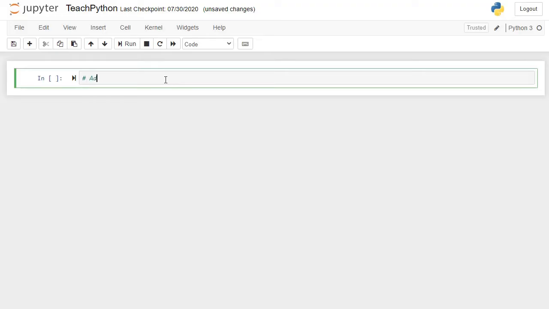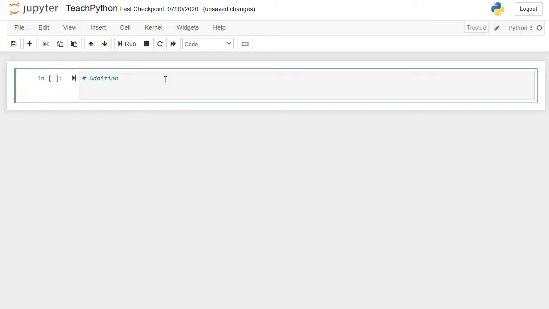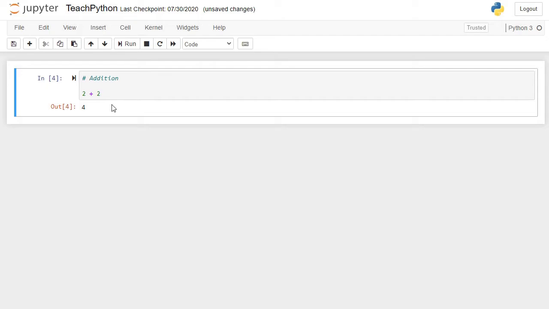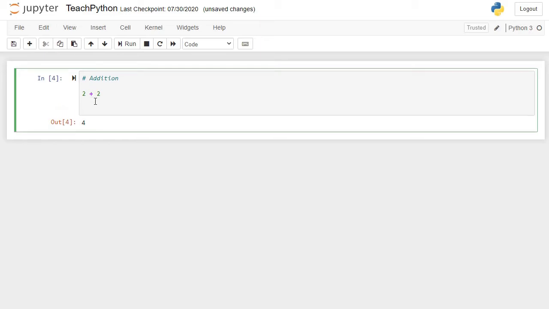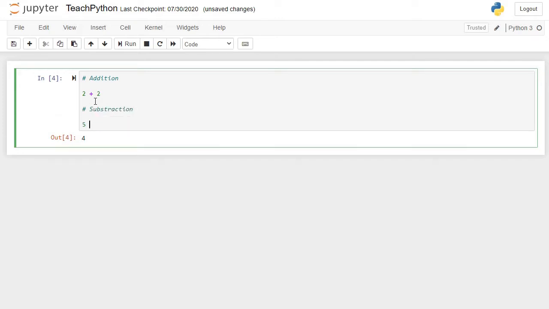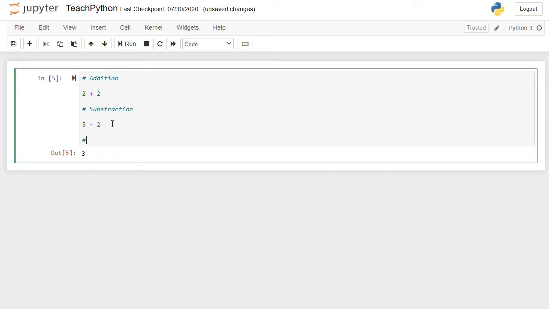Okay guys, so first we are going to start with addition in Python. How we will add two numbers: 2 plus 2, and you can see the output is 4. So this is simple addition in Python. Now let's start with the next. For the subtraction, let me write a new line. Subtraction, it will be like 5 minus 2. The output is 3. Simple operations, we don't have to think a lot in this.